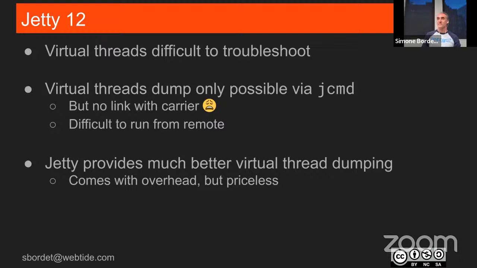I'll give you another example. For the same reasons of overhead, because virtual threads are supposed to be super quick and super fast, they do not have a thread name. Why is that? Because in order to have a thread name, you would have to concatenate a prefix name with some kind of dash and then a progressive number. So you would have to have a string concatenation. It turns out that the cost of the string concatenation is a cost that you maybe do not want to pay when you allocate a virtual thread. So by default, they have no name.